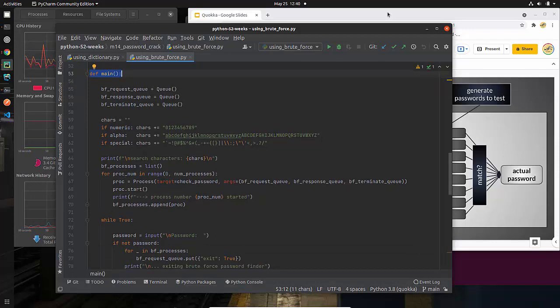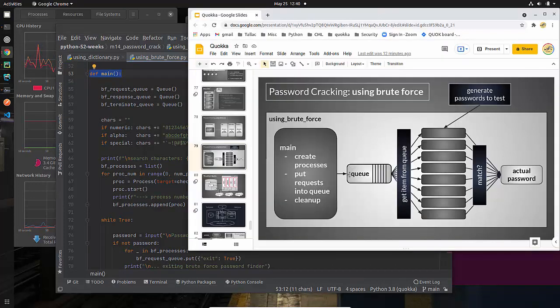Now I do have a picture of what actually is going on, and this kind of describes it. So let's pause for a moment and look here. Here's that main function that we were looking at. What it's going to do is create the processes. That's these things over here. These are long-lived processes, so they will sit here and listen on the queue that they're aware of. There's actually 3 queues, but for simplification purposes, I'm showing just the one main one that has the work that we're going to be doing.